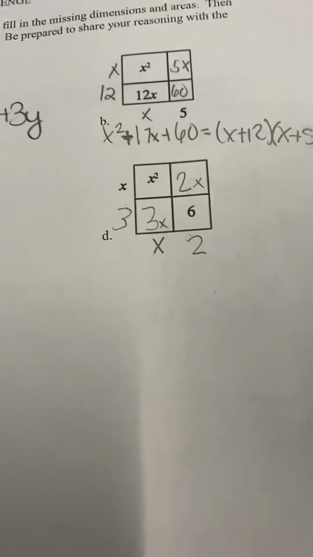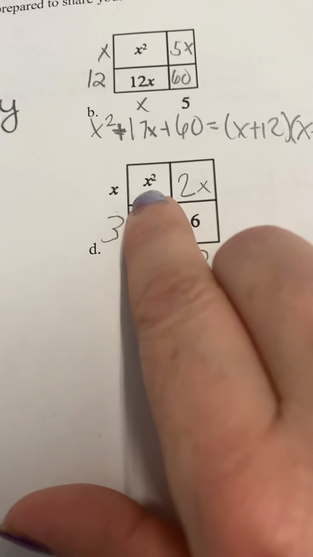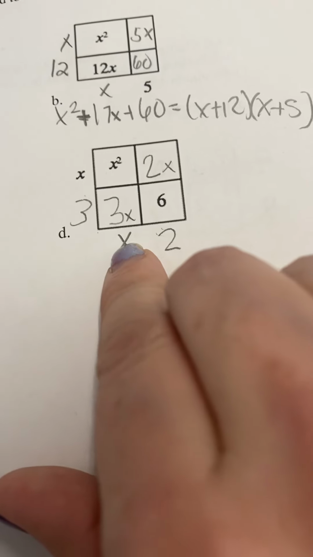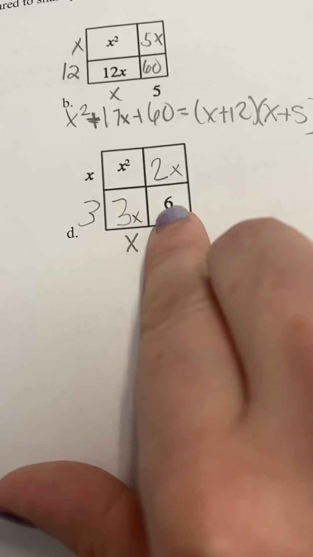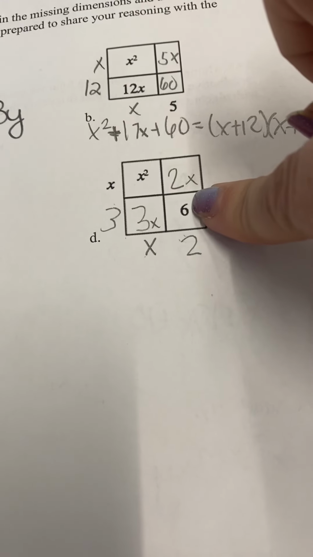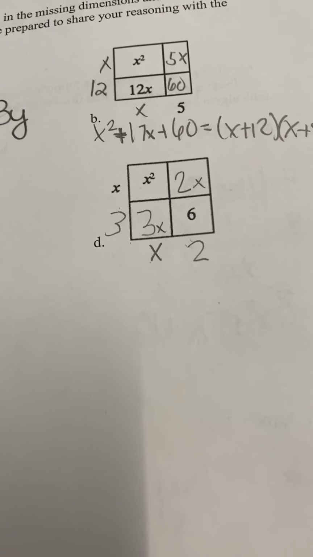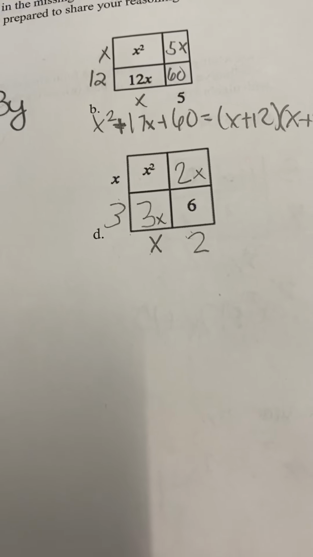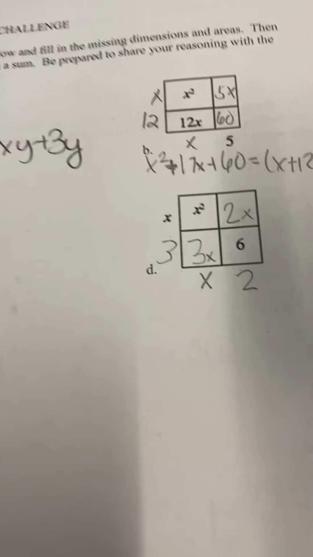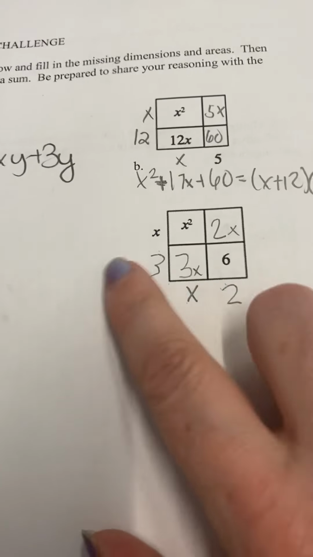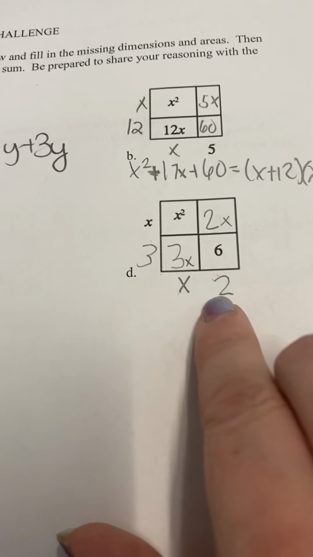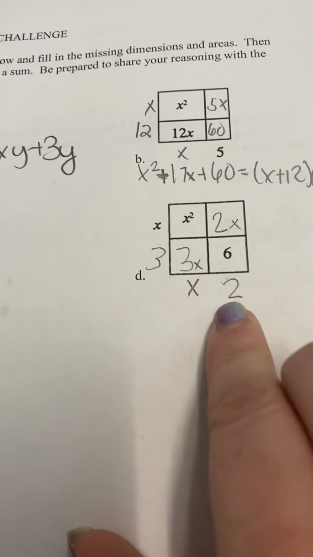And finally, D, if this one's x squared, we knew we had to take x times x to get to that. Then we knew that this one was 6, and this one was a little trickier because I knew I was going to need two things that would multiply to be 6. So I knew I needed to either use 1 and 6 on my sides, or 2 and 3, and so I chose 2 and 3. And so this one is a 2 and this one is a 3, so that way we get to the